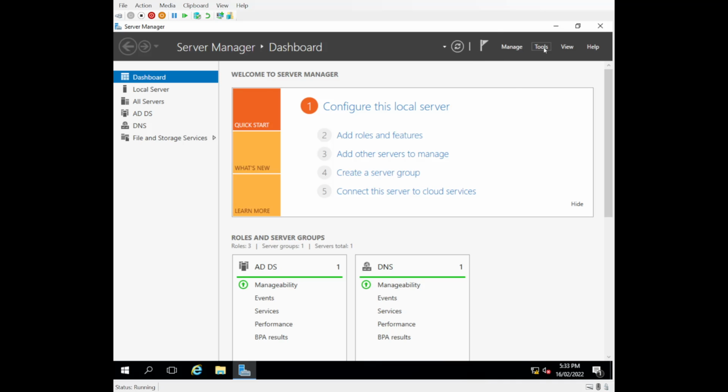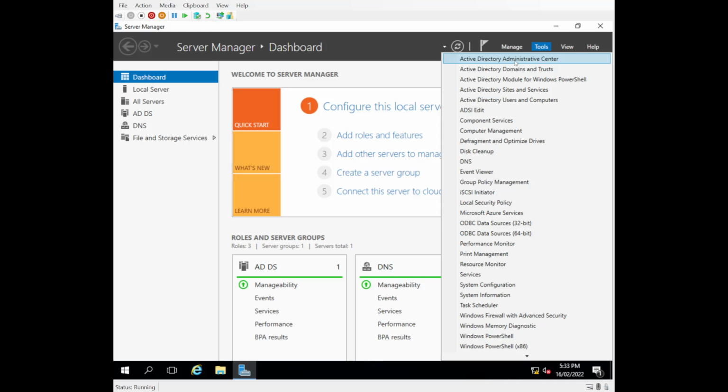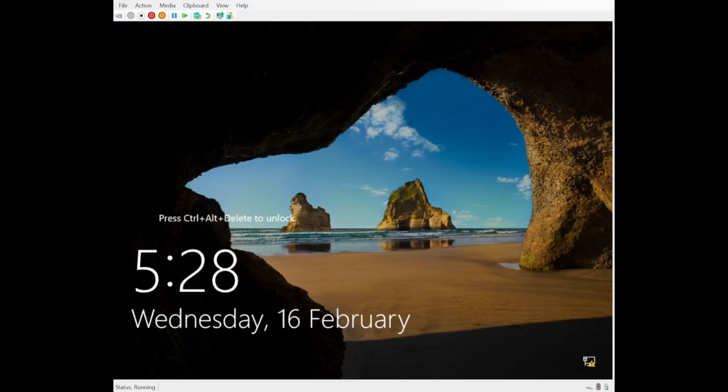I might do that. So now if I go to Tools, there's Active Directory there. It's now been promoted to the domain controller. Got group policy there. Now, that's good. We're happy with that. We're going to leave this for a bit. We're going back to